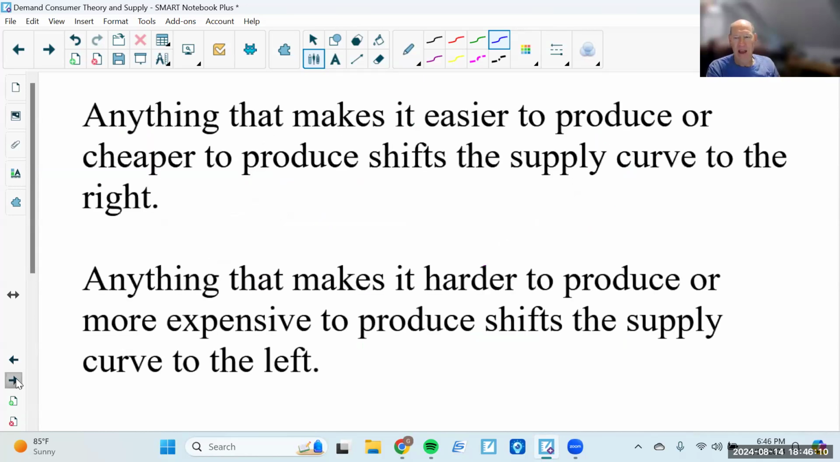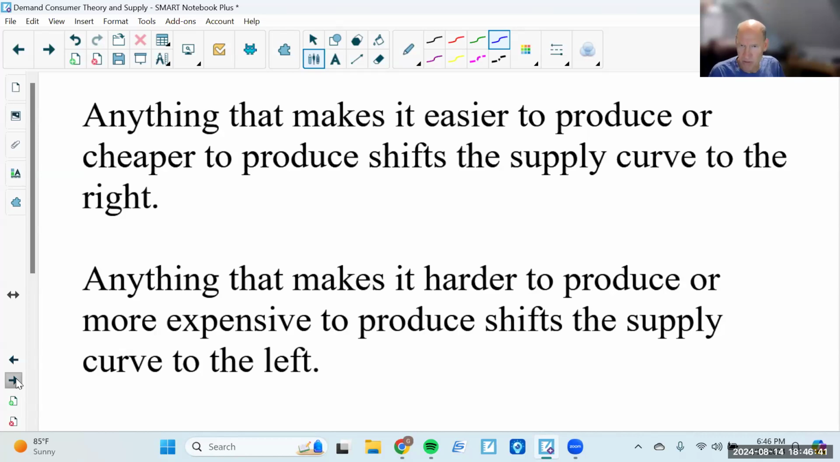Okay. Now we have determinants for supply, but I like to tell students that supply throws students because you're so used to being buyers. We're all used to buyers, so we understand the buying part of it. It's the selling part of it that gets us. So what I always tell students is this. Anything that makes it easier to produce or cheaper to produce shifts the supply curve to the right. If you're a seller and it's suddenly easier to produce that product, you're going to produce more. Shift to the right. If it becomes cheaper to produce it,